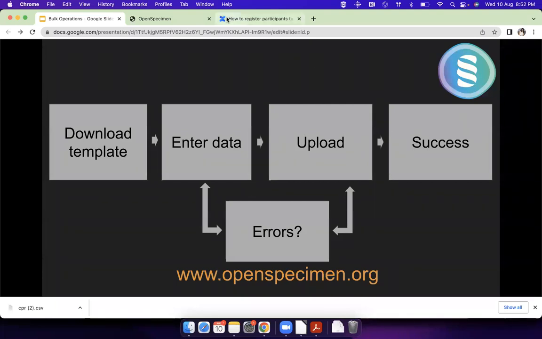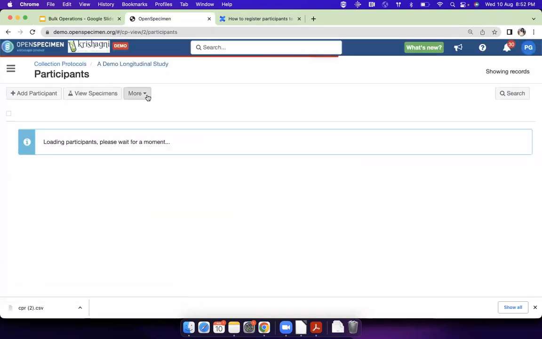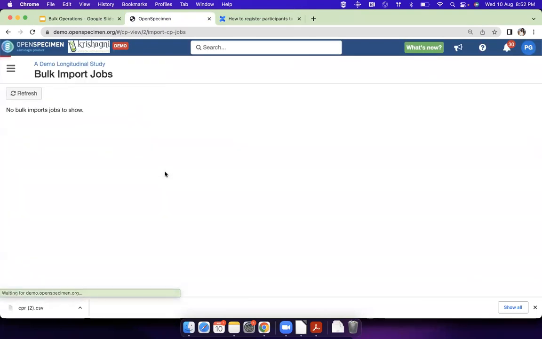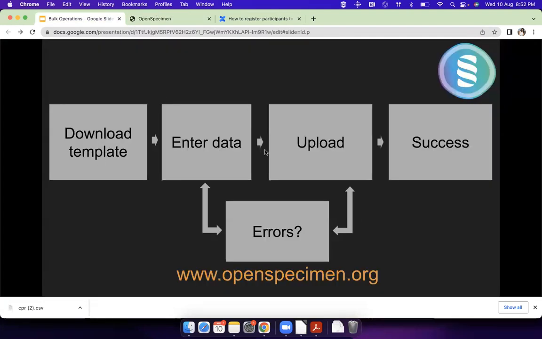Once you upload, the system will give you a report. There is what we call view past import. This will show you whether the data was a success or a failure. And if it failed, you will be able to download a report and see what the problem is, then fix it and upload it back. So that's the general process. Now let's